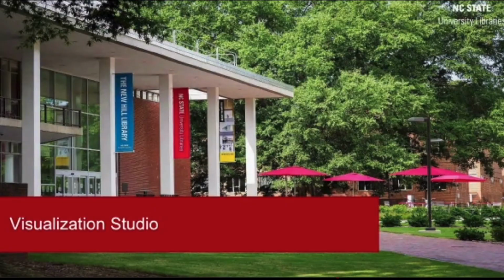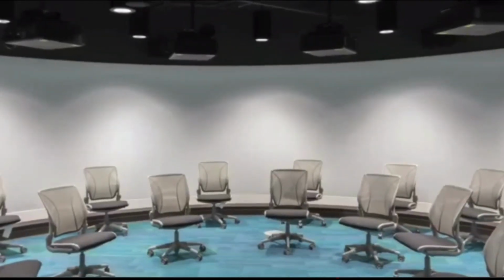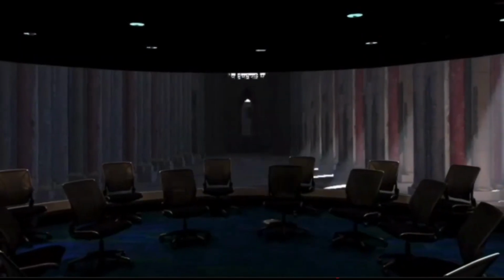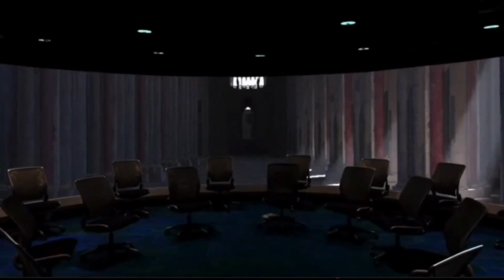This Visualization Studio is a reimagination of the original Visualization Studio that existed from 2013 to 2019. This renovation was an amazing opportunity to reimagine the space and push the boundaries of the technology. We also did something fairly unique in making a fully round room. You don't see round rooms many places. And so in